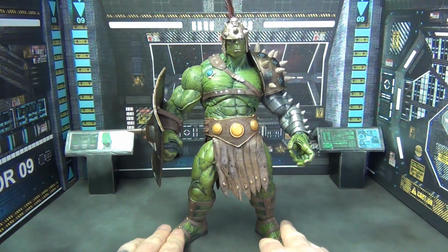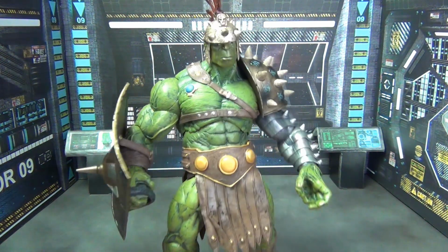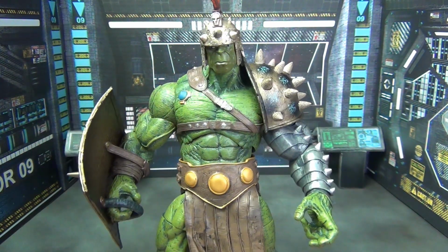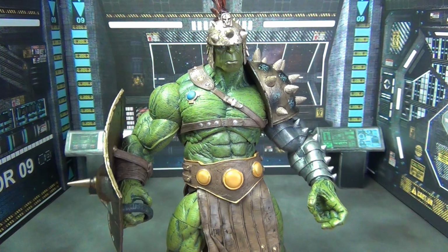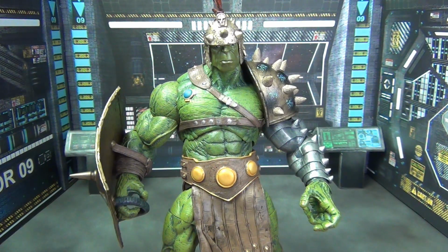Look, I love Marvel Legends. I've been collecting Marvel Legends for over a decade. I love Hulk. I love the Hulk figures that they've put out. Even the Gladiator Hulk figures that they've put out have been great. But they don't compare to this guy right here in any way, shape, or form. This guy is just far superior to any Hulk figure that has ever been put out by Marvel Legends, period,